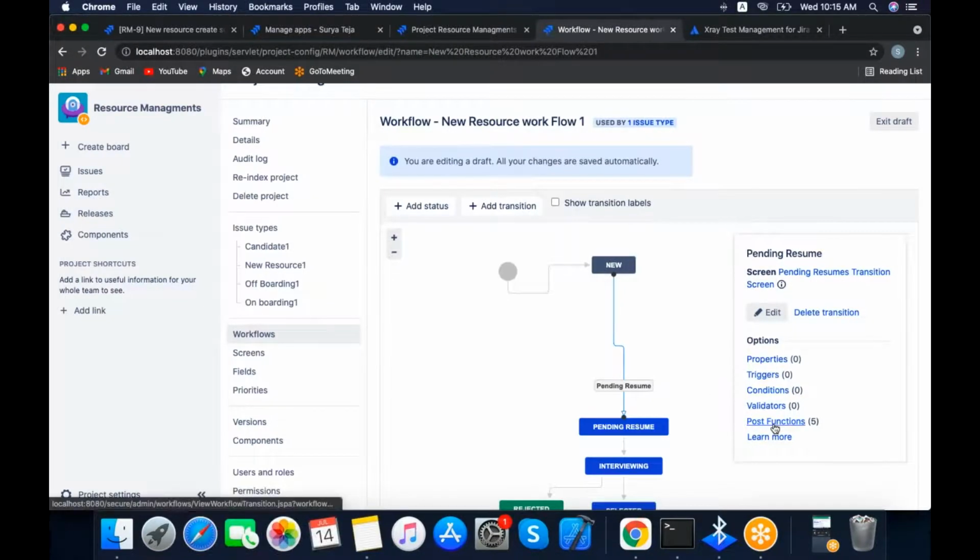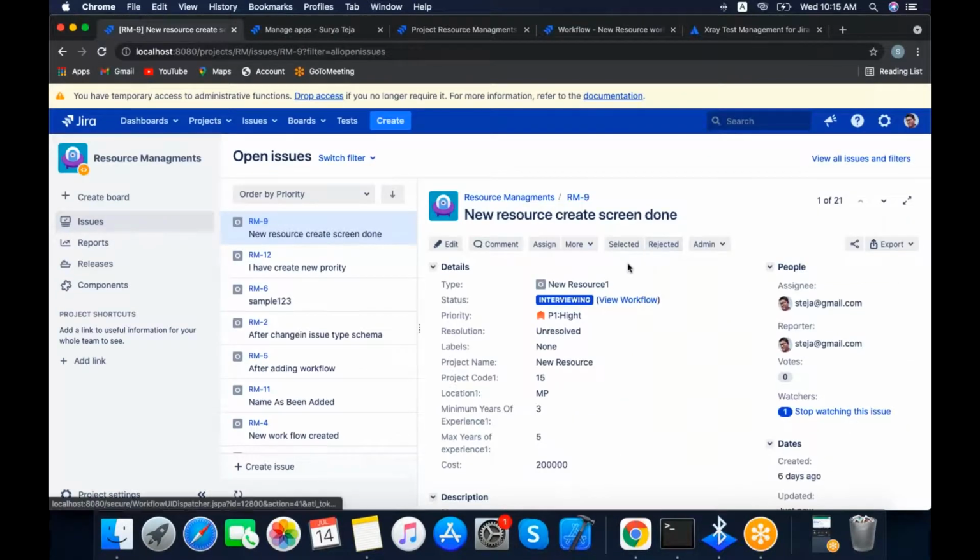And next, post function. Post function means after the transition. For example, I have moved the transition and I am clicking Selected. At that time, you need to assign to another person, or if you want to change any field value. Transition is completed. After that, you need to do some automation.